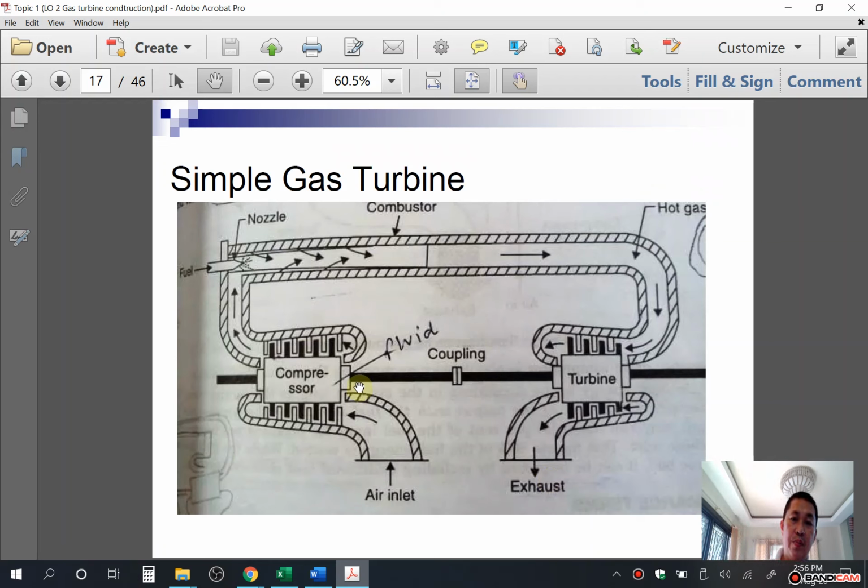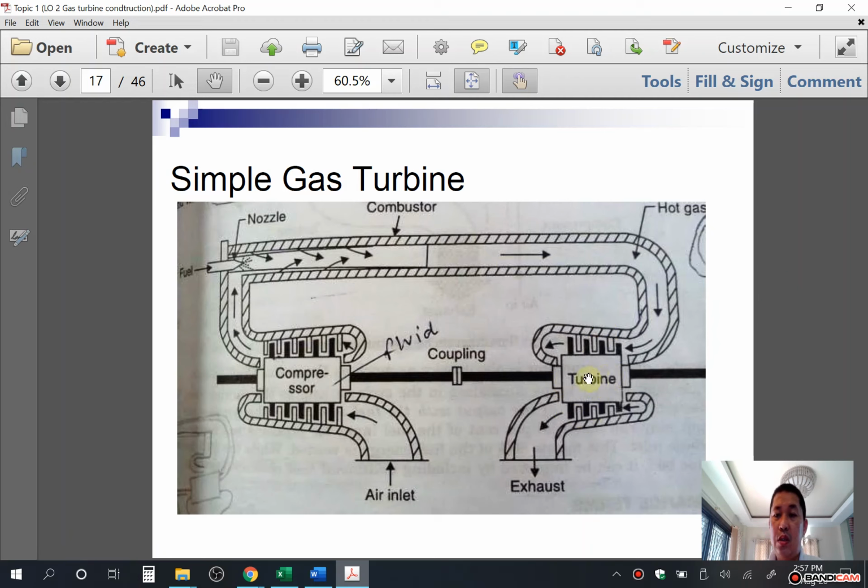So we have here the compressor, wherein the air is entering, the air inlet. And we have here the nozzle supplying fuel. We have here the combustor, wherein the fuel is combusted, or the combustion happens. We have here the hot gas flowing to the turbine blade. So when the hot gas flows here, the turbine blade